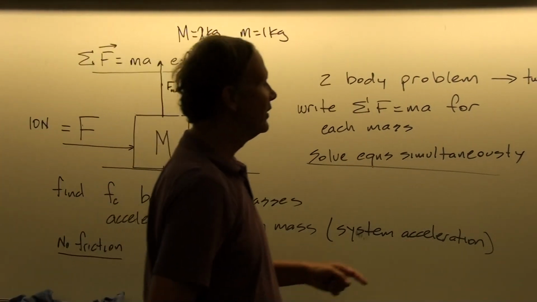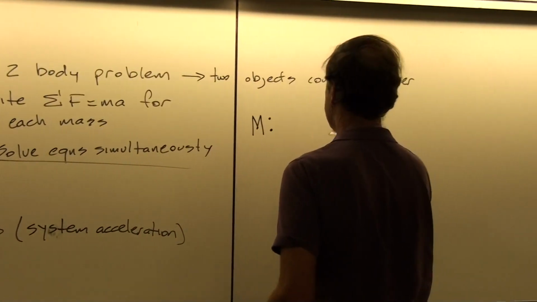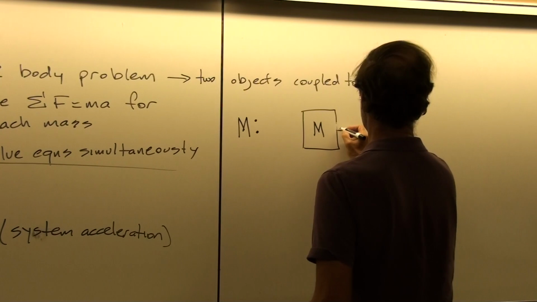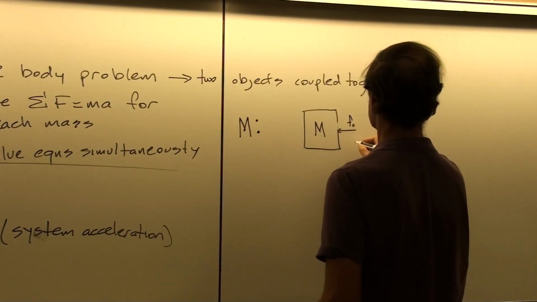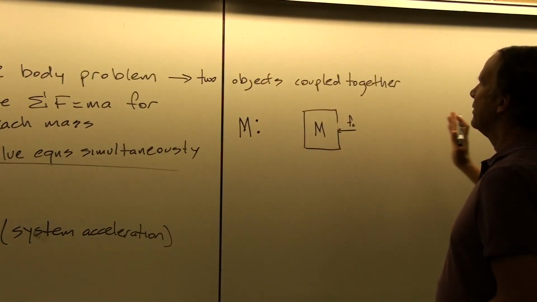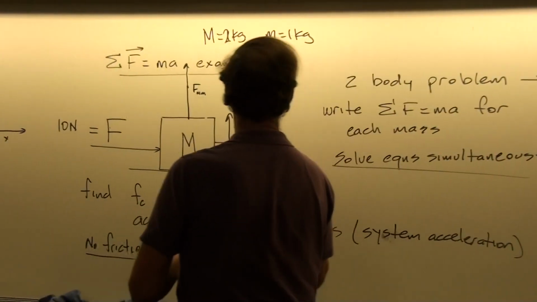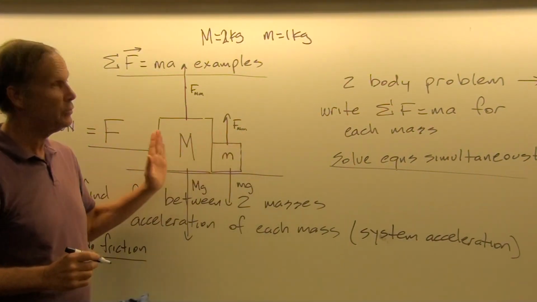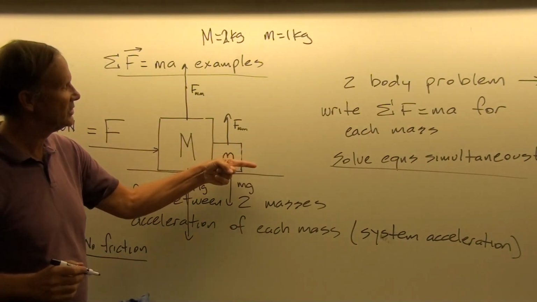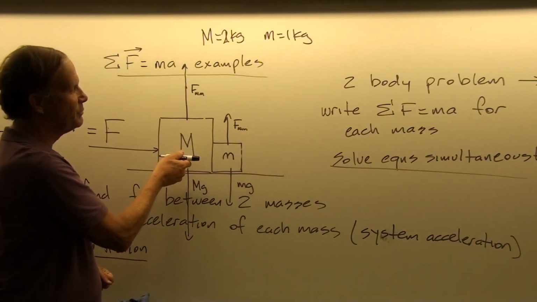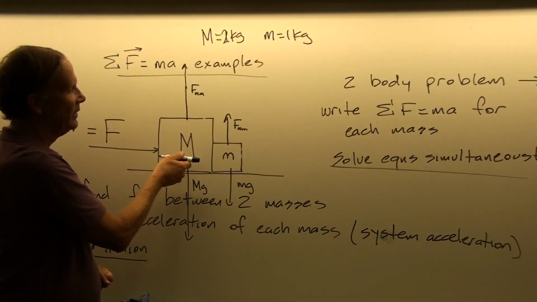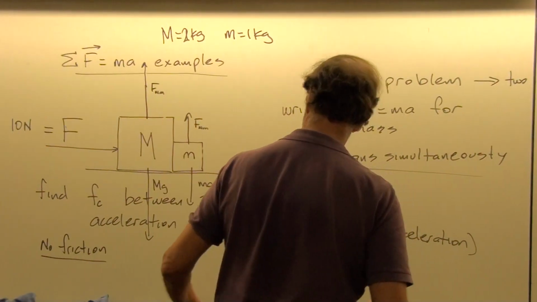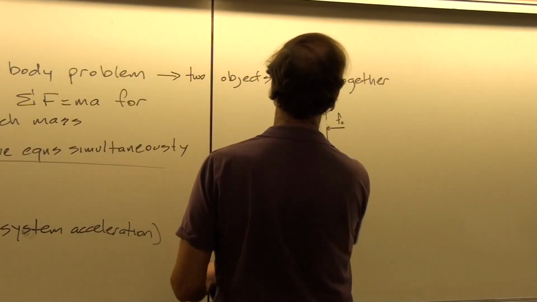Okay, so in the x direction then, the sum of the forces acting on big M, let's just see how that would work. Here, notice that what I'm doing is I'm replacing little m by a contact force because big M has to push into little m, but little m has, from Newton's first law, inertia, right? So that means that it pushes back. So the fact that big M pushes on little m means that little m pushes back on big M with an equal and opposite reaction force, which we could call the contact force. And then coming in from the left, we have the big force, big F.